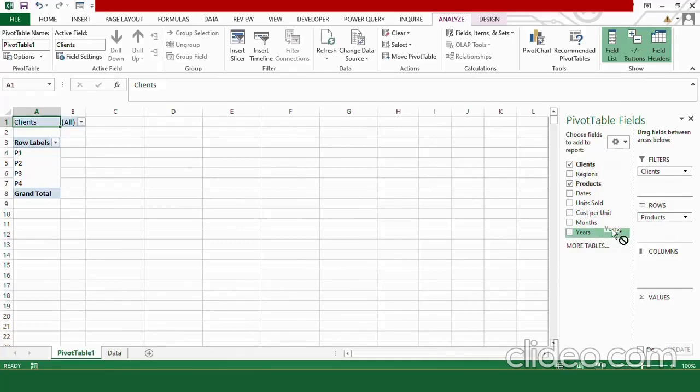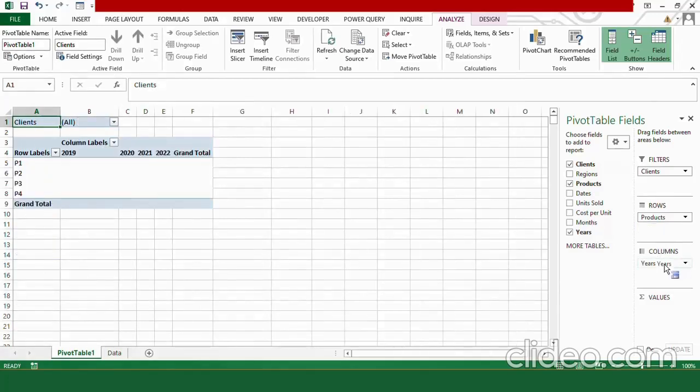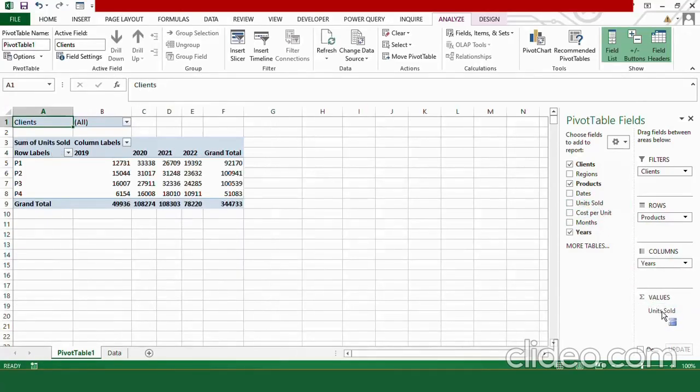So I am also placing years in the row section, but rather I would like to place them in the column section, and then I want to see the sum of units sold. So I am placing the units sold in my operational section, which is the value section. Here you can see my pivot table is showing me how many units of products have been sold in